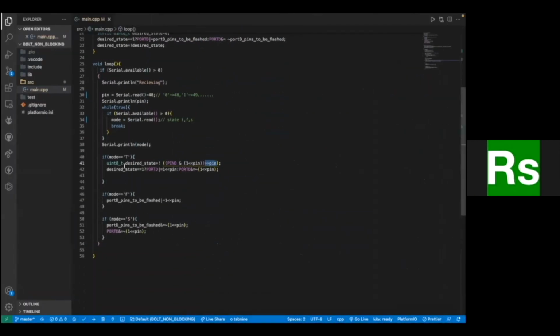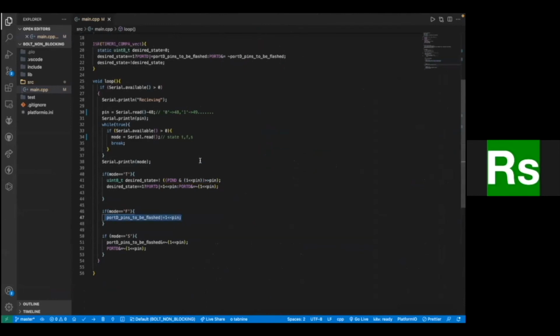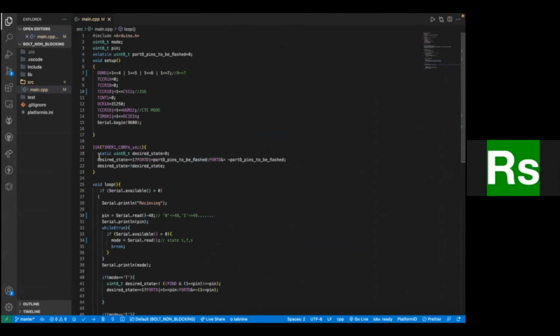You just need to make changes to the variable, and whenever that interrupt happens, here is where it will see that on every interrupt, the value of this variable will be checked, and based on that, the pin will either be flashed or not flashed, right?